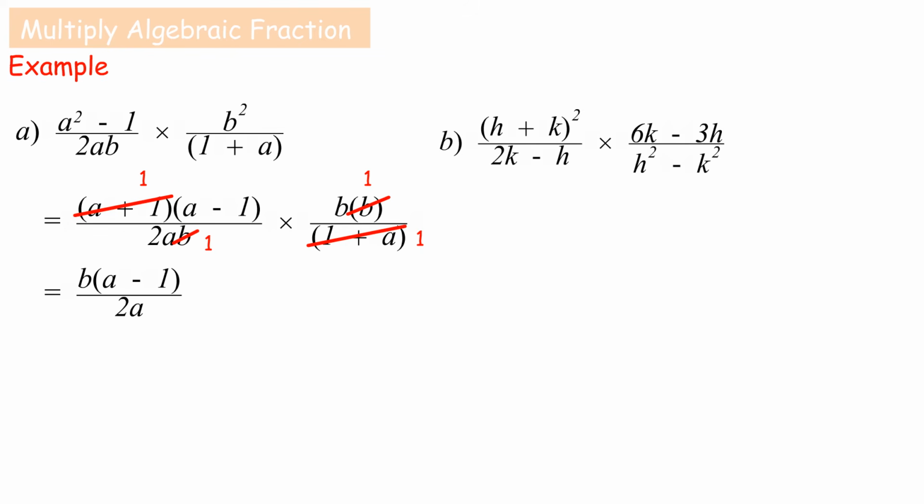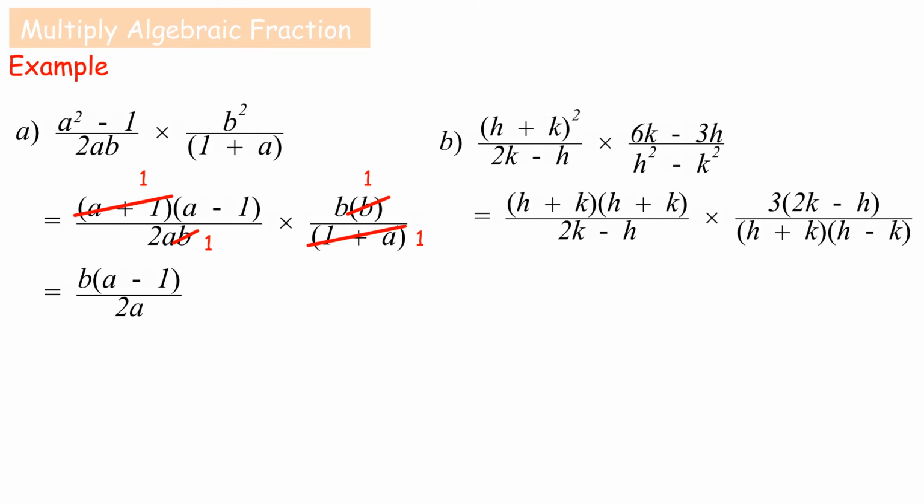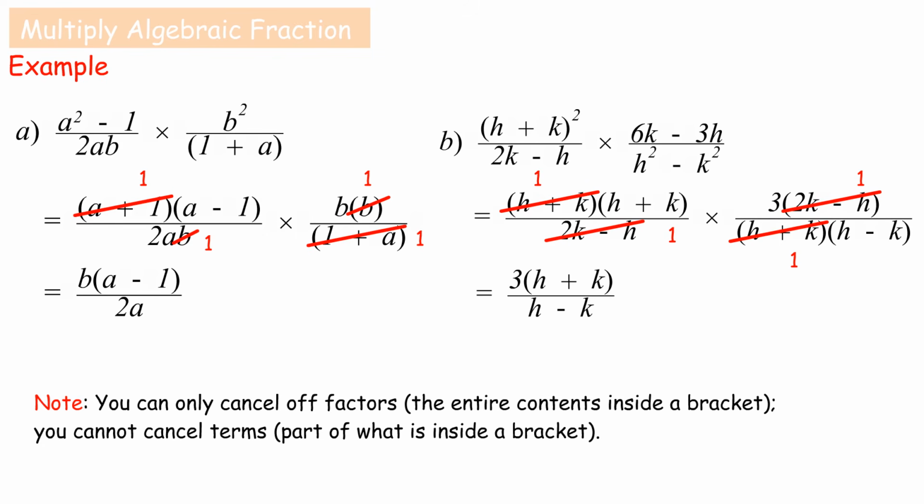B. h plus k squared over 2k minus h times 6k minus 3h over h squared minus k squared equals h plus k times h plus k over 2k minus h times 3 times 2k minus h over h plus k times h minus k, equals 3 times h plus k over h minus k. Note, you can only cancel off factors, the entire contents inside a bracket. You cannot cancel terms which is part of what is inside a